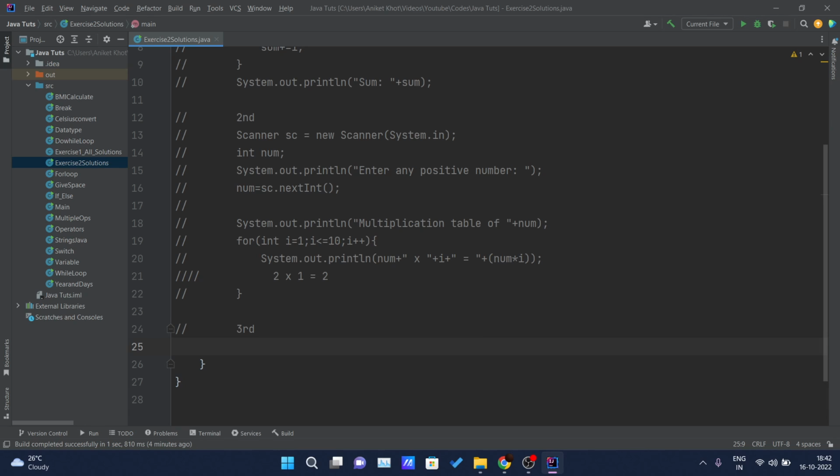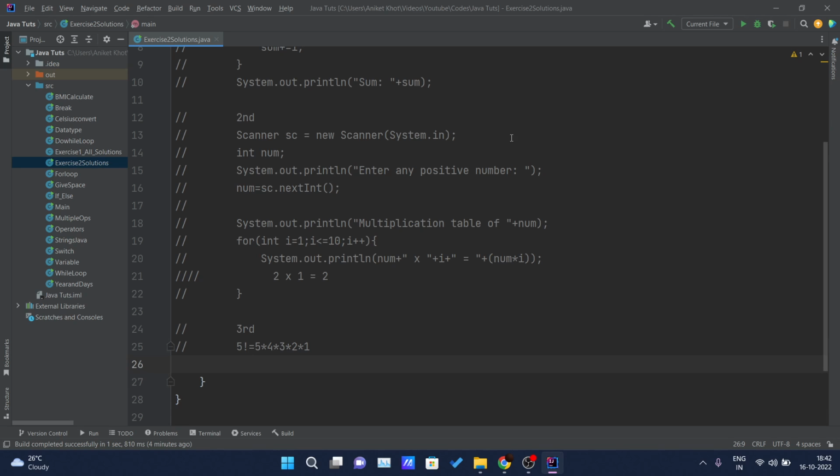Factorial is nothing but, here I can give you one example. If I want to find 5 factorial, then it will be equal to 5 into 4 into 3 into 2 into 1. Okay, so to find this